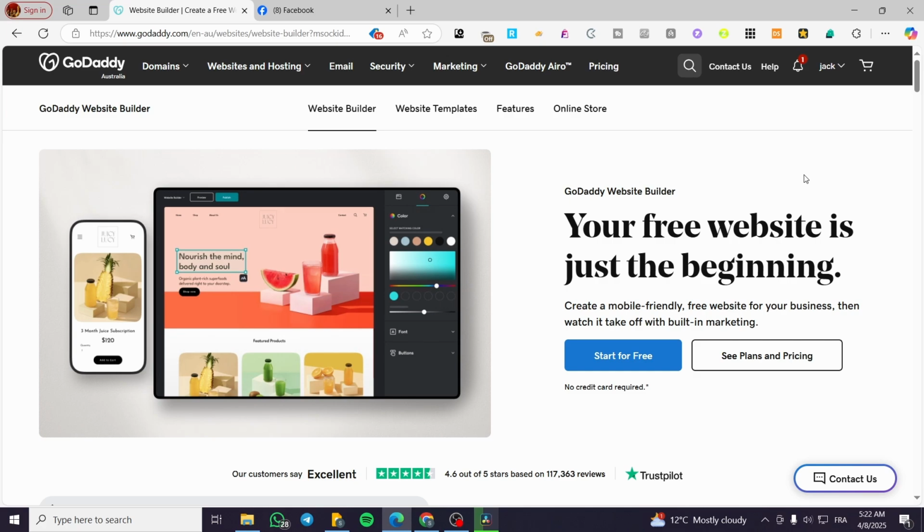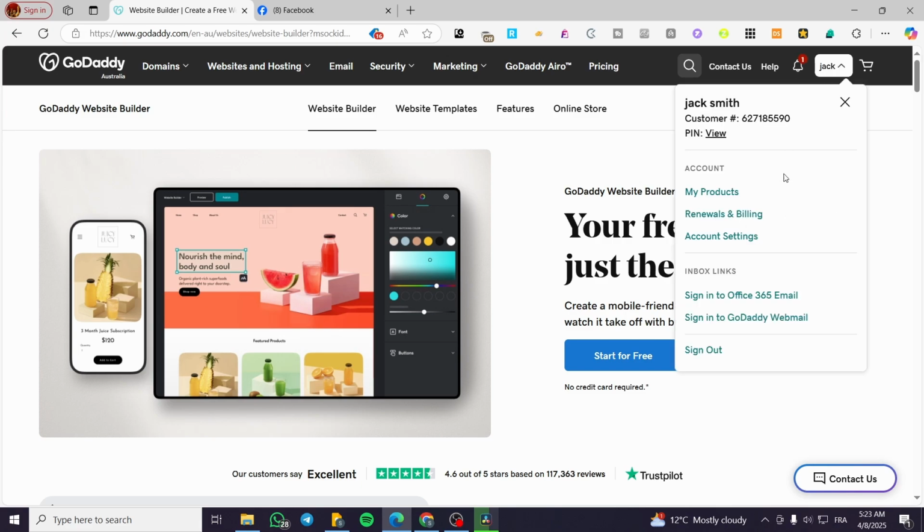In today's video, I'm going to show you how simple and easy it is to add a calendar to your GoDaddy website. This calendar is going to be a scheduling or a booking calendar, and it is going to be integrated within your website. So we're going to head over to godaddy.com, and then we're going to head over to our account